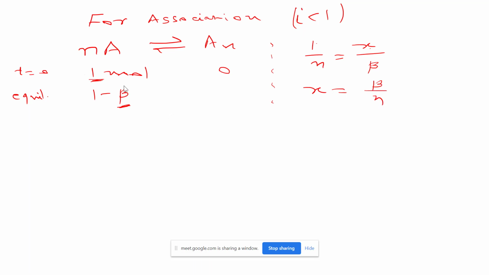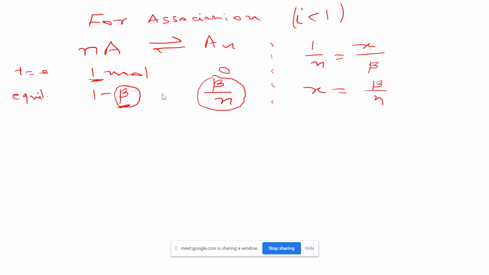Beta by n. Yes, sir. So do remember this thing, we are calculating in this way. Beta upon n moles we are getting actually. And now how can you check whether you have proceeded this equation correctly or not? Just see the subtracted moles for the reactant and the produced moles for the product, and the ratio of these two moles should always be their coefficients, like n and 1. This ratio should be n ratio 1.